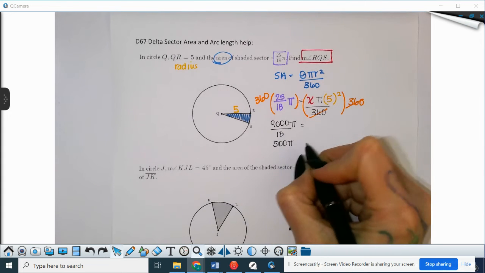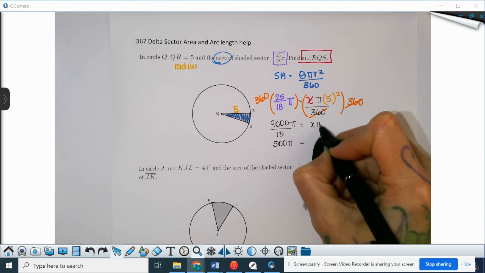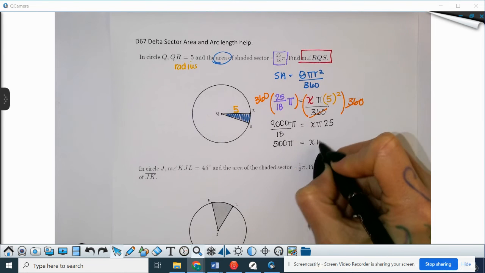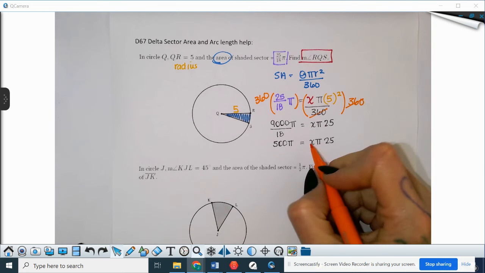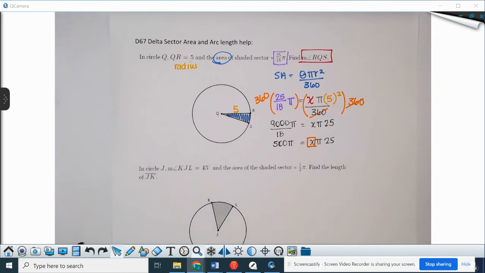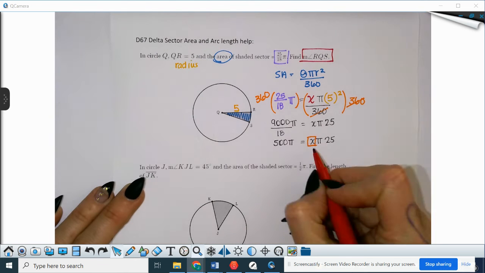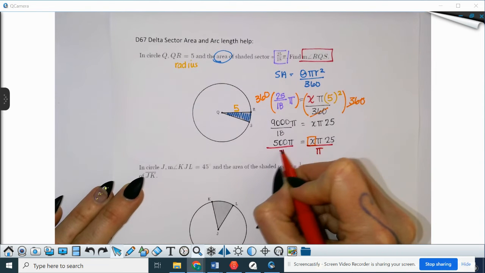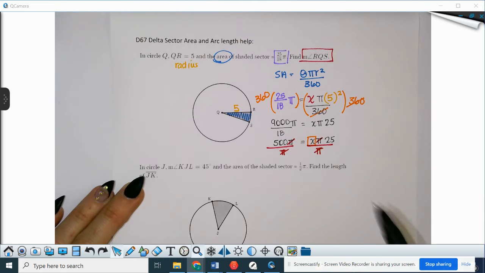Go over here and clean up this side. So I have x times pi times 25. You are ultimately trying to get x by itself. So it's x times pi times 25. And the inverse of multiplication is going to be division. And you can do this one at a time. So if I decided to divide by pi, our pi's are going to go away. And just by dividing by pi that time, we now have 500